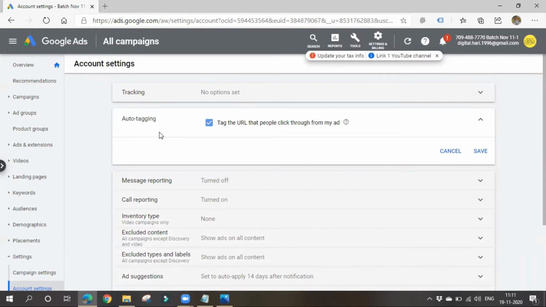If we enable auto tagging, then whoever clicks on our ad will be navigated to our website, and our website URL will have an extra parameter added, known as GCLID. With the help of it, we can track whatever people are doing on our website.